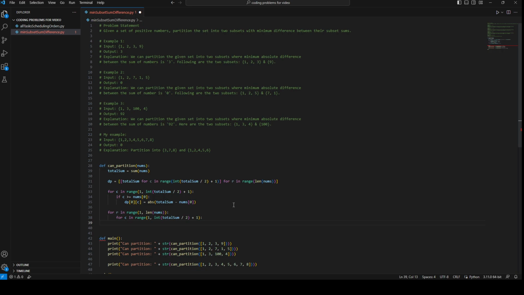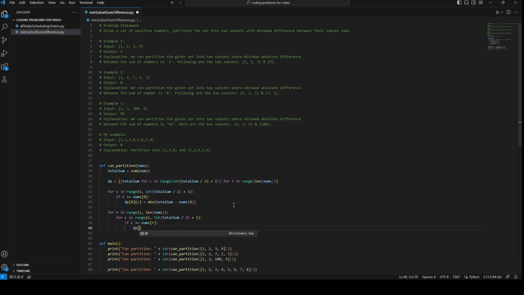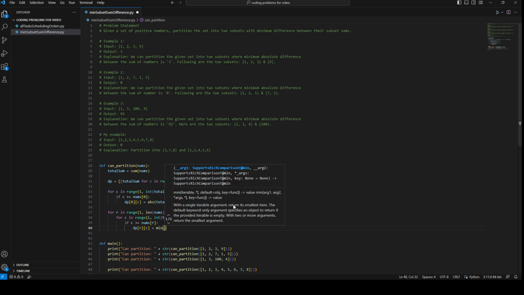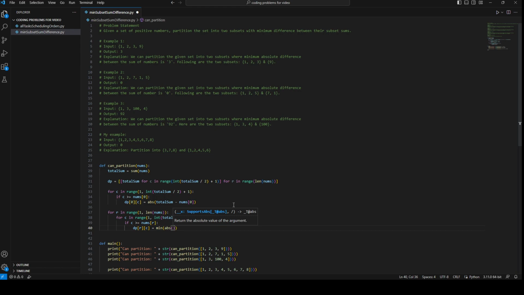So basically, if C is greater than or equal to nums_r, which means in this current number, we could potentially use this number that we're currently looking at as part of the subset sum, right? So we're going to have dp[r][c] equal to the minimum, because we're going to have two absolute values being calculated, and then we want to take the minimum between them because we want to have the smallest difference possible, right? So we do dp[r-1] and then c minus nums_r